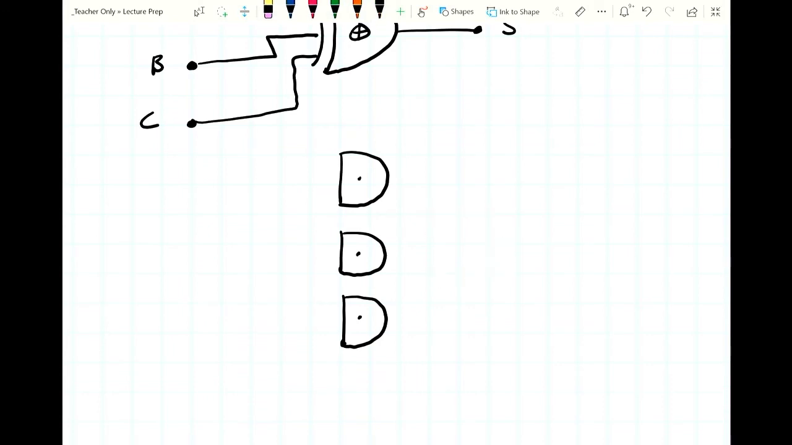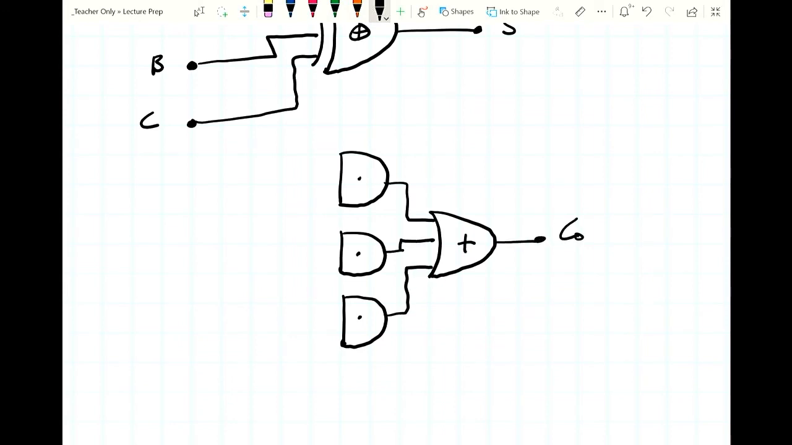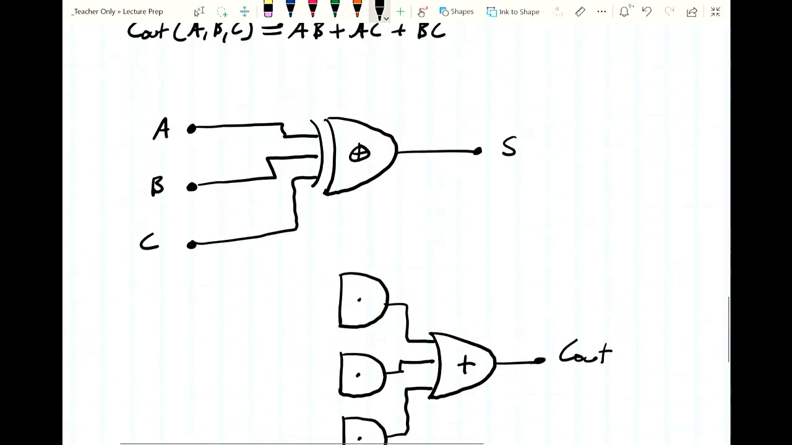Take another crack at that. There we go, much better. OR gate. It's really important for me to label those gates since I'm so terrible at drawing them. And that output is going to be C out, and it is going to take